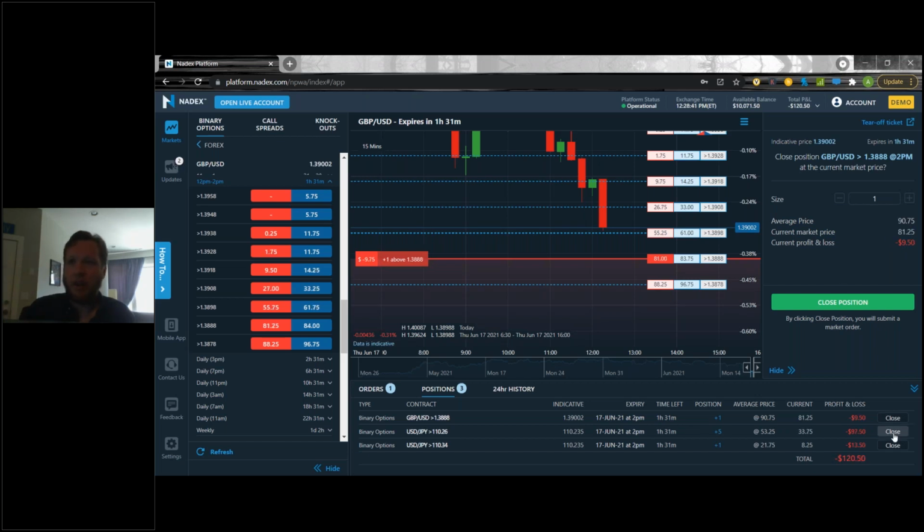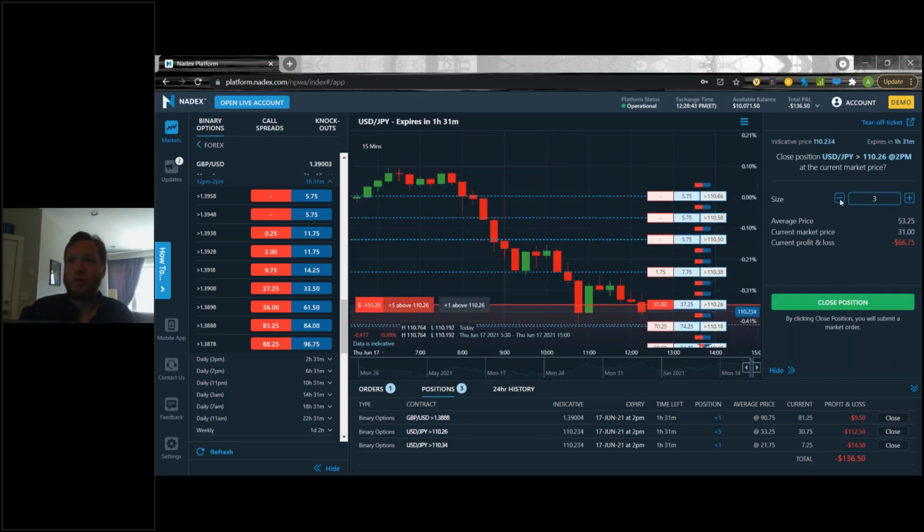If I do this on a contract I have more of, you can also switch the size here, right? So let's say I have 5 right now, but I only want to get out of 1 or 2. Let's say I want to get out of 2. I can exit these 2 early, and as I click up and down, it recalculates the profit for each of these contracts. Right now I'm about 165 down, but for one contract I'm only about 33 down. So 33 times 5 is going to give you right around that 165, 170 range.